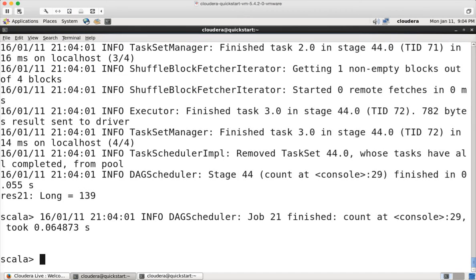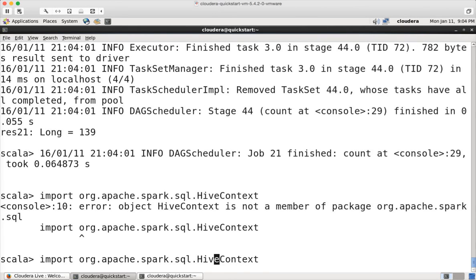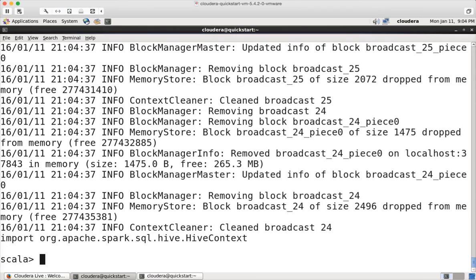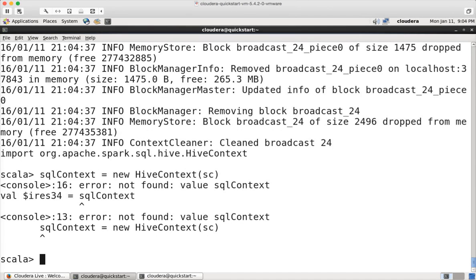So if you want to implement this using SQL, it is pretty straightforward. You just have to import org.apache.spark.sql.hive.HiveContext, and then you have to get the sqlContext equal to new HiveContext(sc). It should be val,